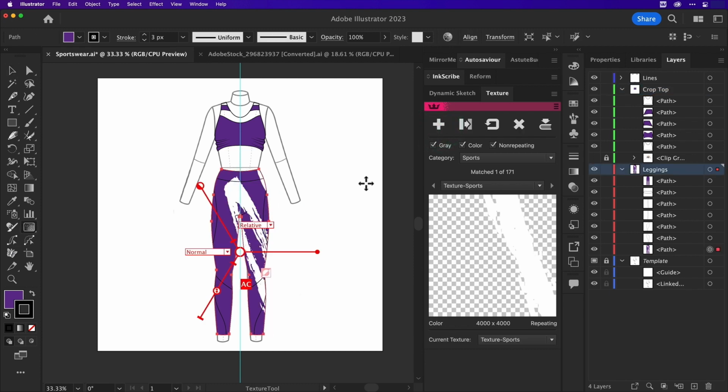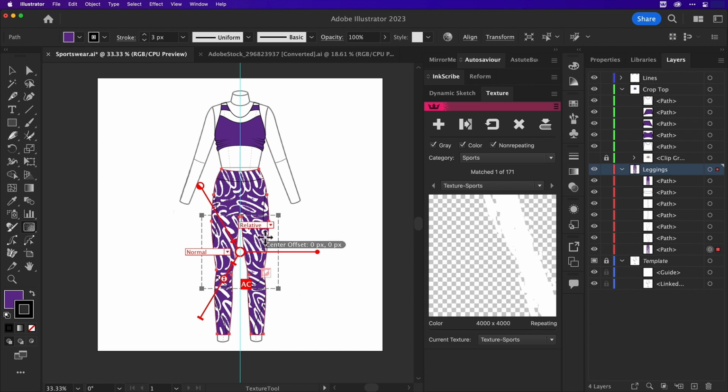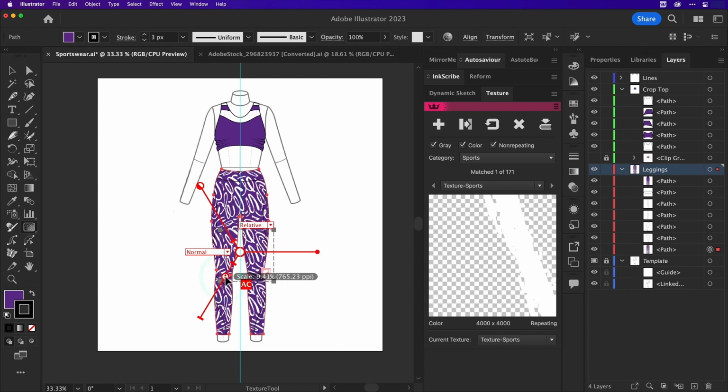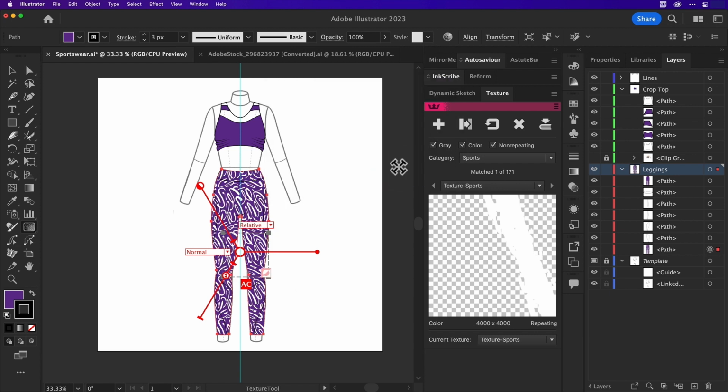Now the Astute Graphics on-screen widget will appear, and each of these arms has a different function. This one is scale, and we can scale down our texture. You can also reposition the texture by clicking and dragging. You can also double-click the scale point to open the numeric value box. The reason I'm going to do it like this is that I can apply the same value to all the pieces, which I will show you.